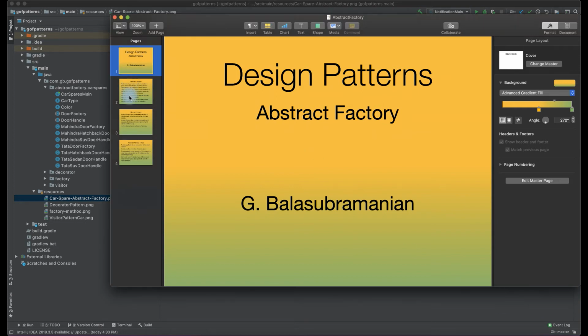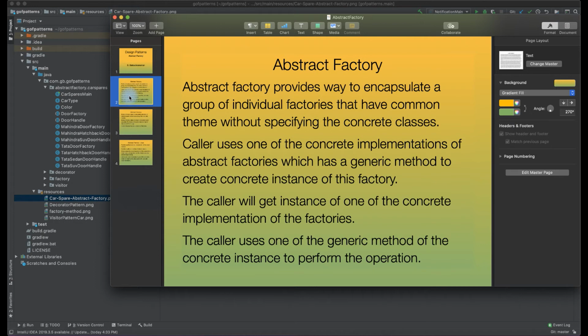Before we look into how abstract factory works, I would recommend visiting the factory method: how do we instantiate objects using factory method? I have published a video on how we can create instances using factory method. I recommend viewers watch it, or have an understanding of how we use factory method to create instances, before we jump into abstract factory. That being said, let's look into what is abstract factory.